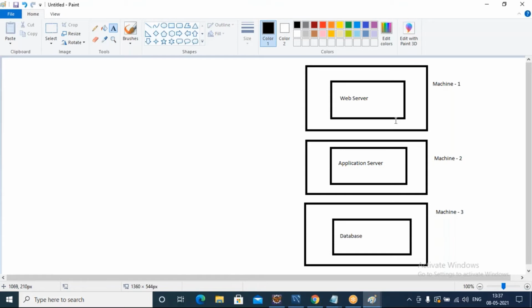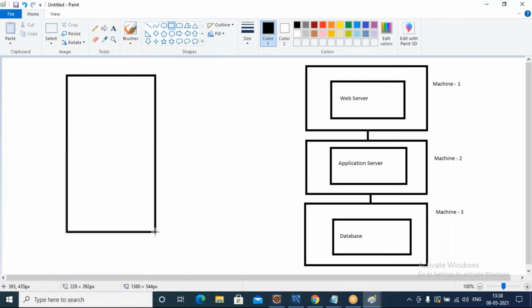It does not matter. Internally, all these servers are going to talk to each other. If required, the application server will talk to your database.